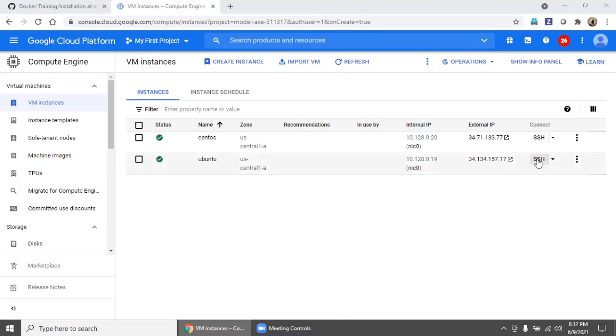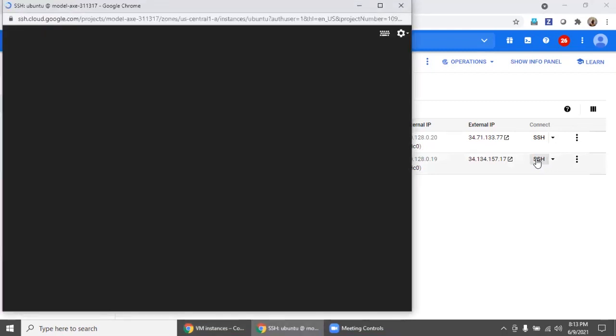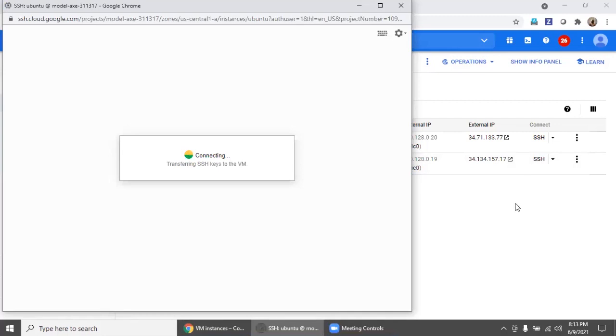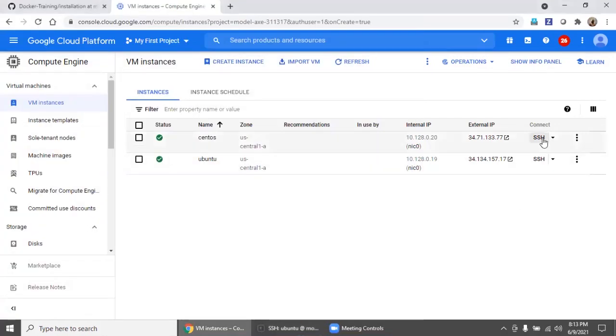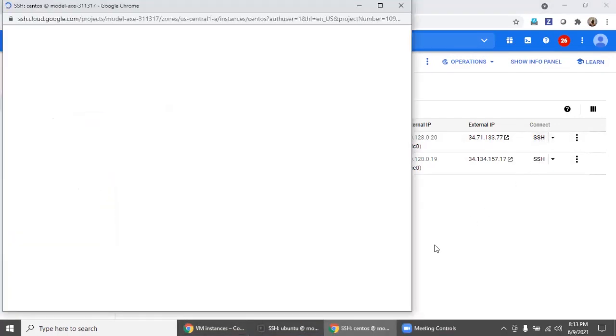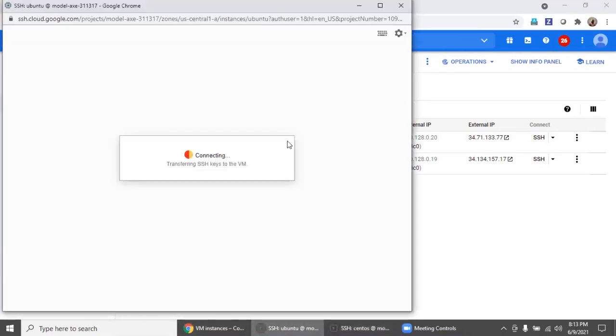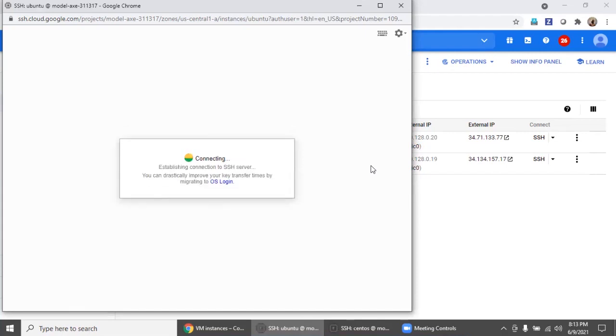I'm clicking SSH, or if you have your own PuTTY or MobaXterm, there are a lot of tools. In Google Cloud, it's very straightforward. You can use it in the browser itself. And also we will log in to the CentOS, both machines. It's trying to connect to Ubuntu and CentOS. Let it start.